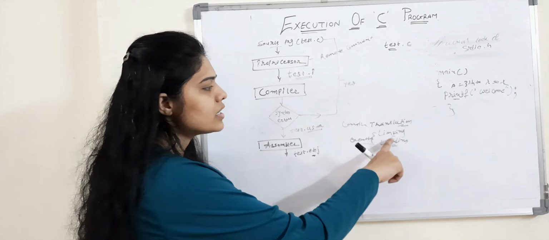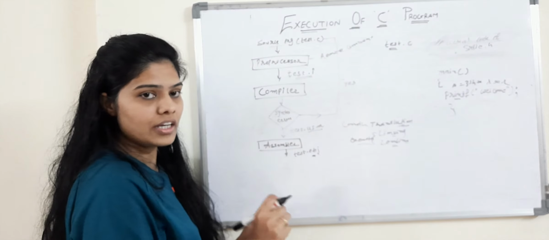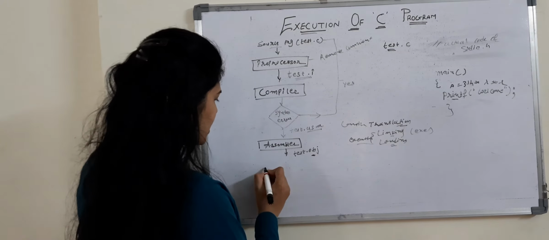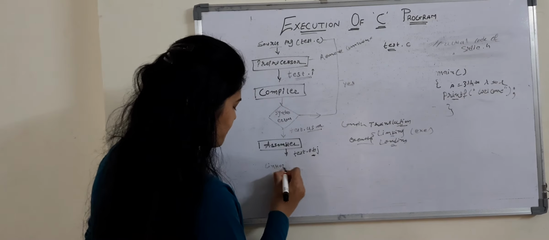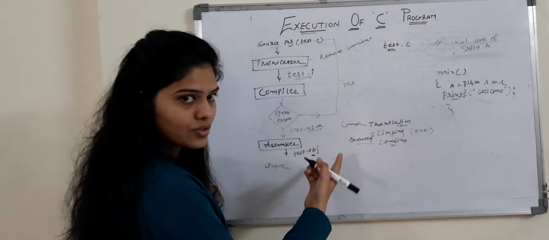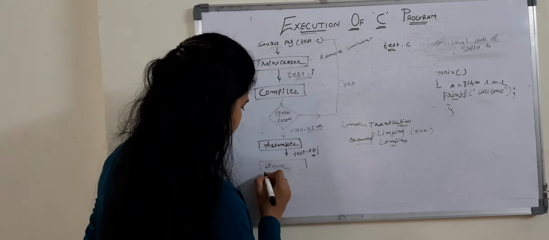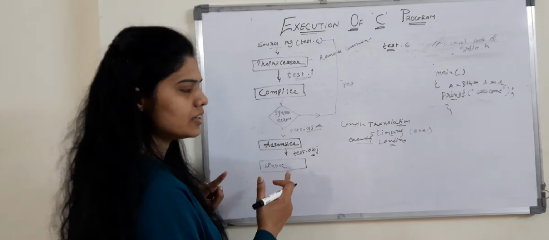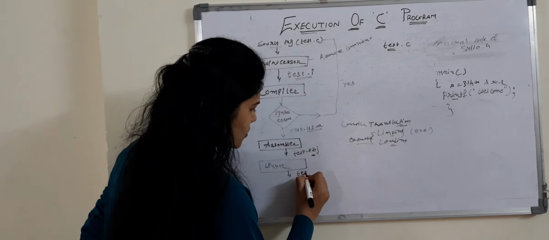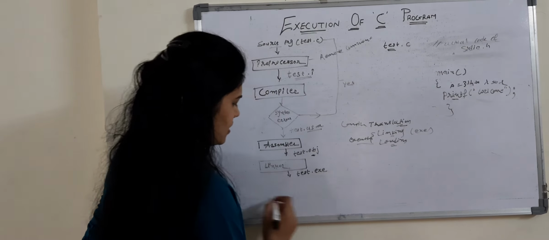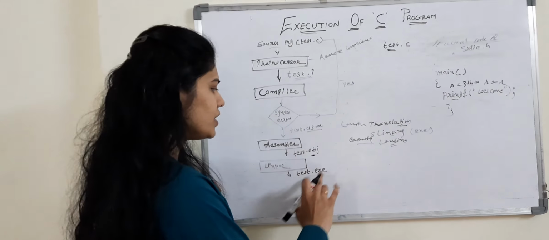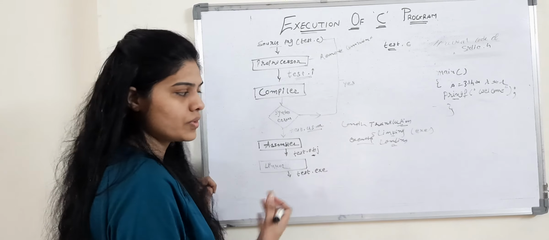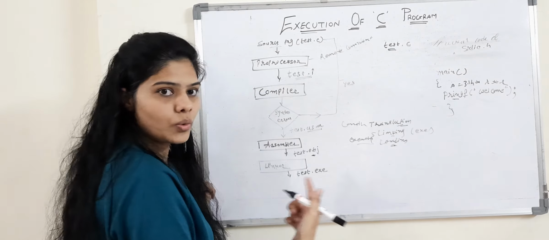Now the linker is going to combine all these object files into a single unit, and it will generate an exe. The linker will link all the object files which are needed into a single object, and after combining these files, it will generate one exe. So this is the role of the linker. After generating the exe, it is ready to execute. But how does execution take place? Now the role of the loader comes.